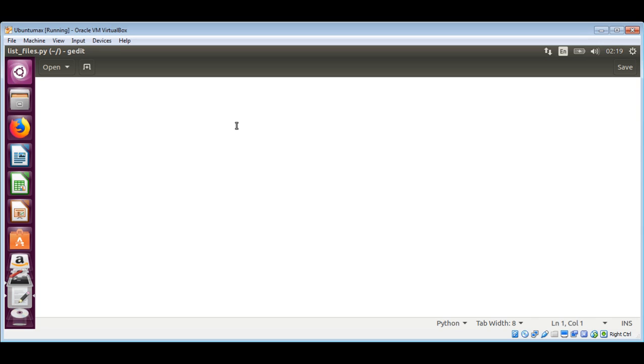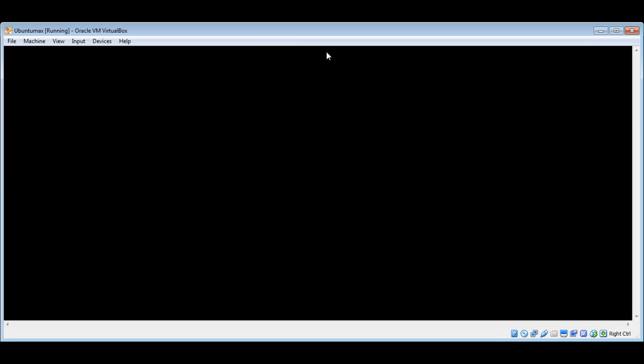Now in our editor, I need to import os.path, and then give the directory name from where you want to list the files. I will use my home directory